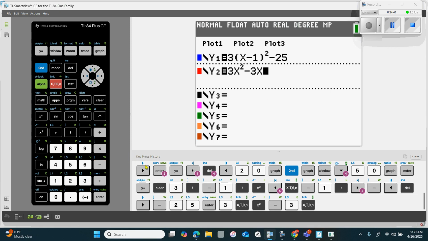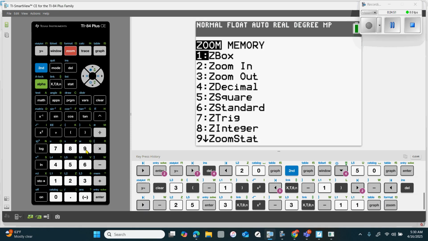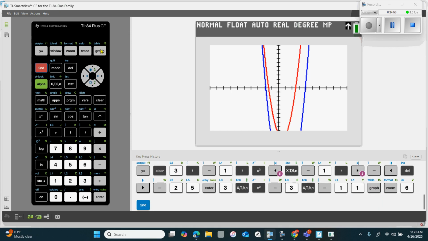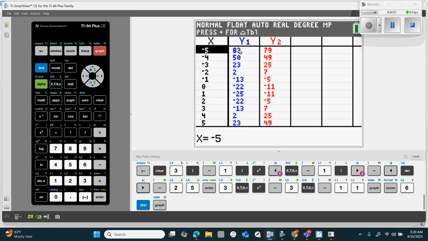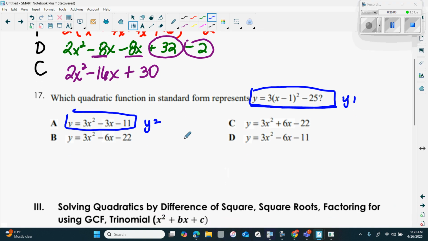Okay. And what you could do is check your graph to see if they're the same. I can see right there they don't match. I'm gonna do zoom standard, just to see, they don't match. And then, or you could just take your table. If you do second graph, if this was an answer, the values in the table will be the exact same. So this doesn't work. Or we can just follow our steps,